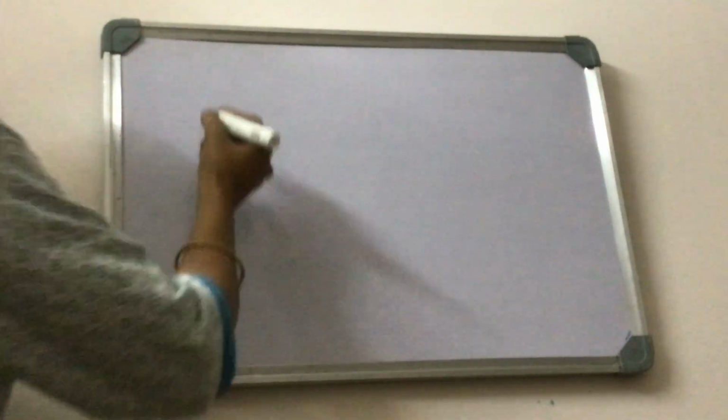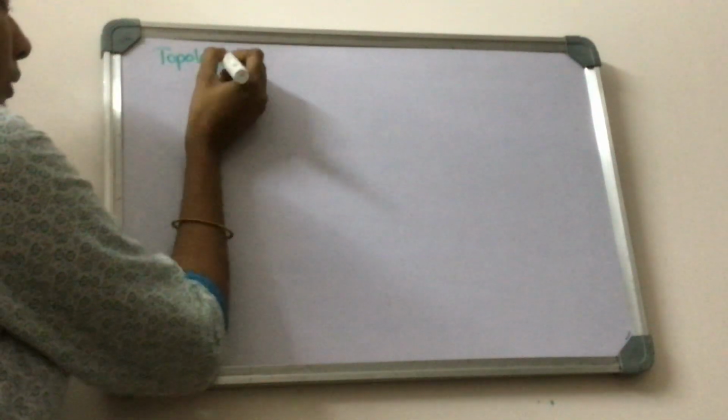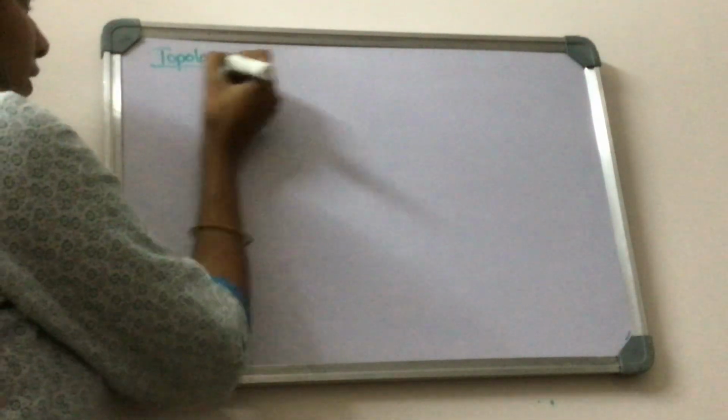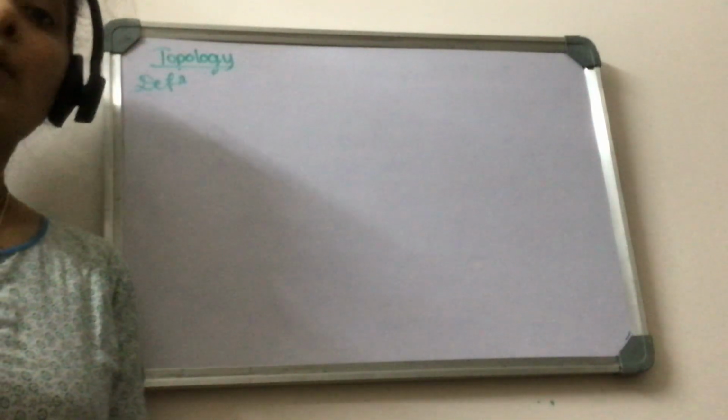Hello students, in the last class we discussed the definition of topology. I'll revise the definition of the topology once again and we'll see one more example on that. So, topology definition. As I told in the previous class, we have to use set theory to define the topology. So to learn about the topology, the basic concepts and all that, we will take the help of set theory.